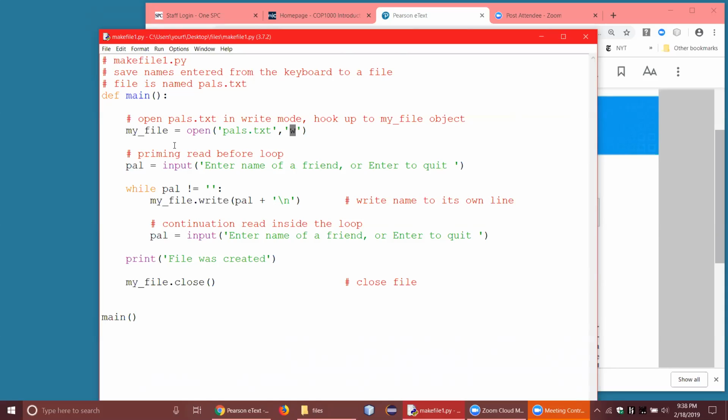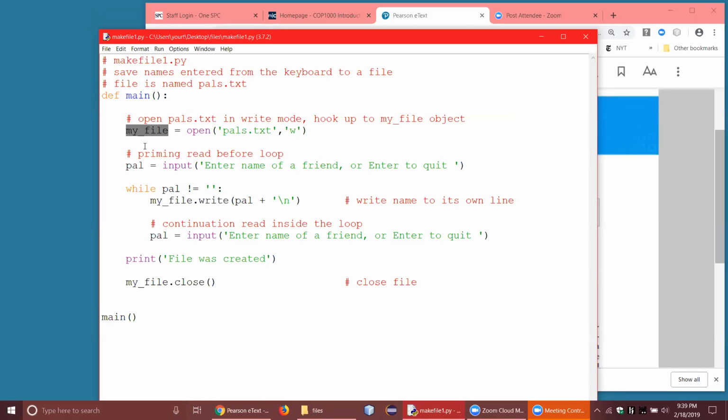Now, whenever you work with the file in a computer program, you have to have what's called a file object that interfaces with the file. It's like the connection to the file in your program. And in this case, we're going to call that myfile. So this is actually what you call a file object. Sometimes it's called a file handle. And it's the way that we can connect our program to what's going on our computer and on the disk